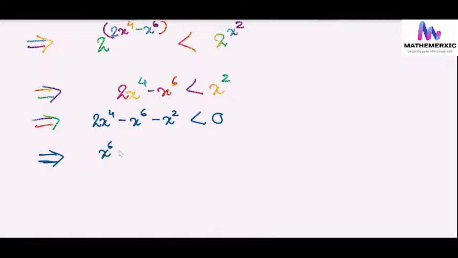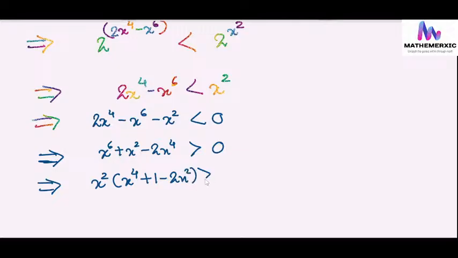So if I do minus 1 multiplication, that will lead to x cube plus x square minus 2x to the power of 4 greater than 0, or x square if I take outside, it will be x to the power of 4 plus 1 minus 2x square, it is greater than 0. See, multiplication of two algebraic identities is resulting in a positive value. It means that this is positive and negative positive, or you can say,